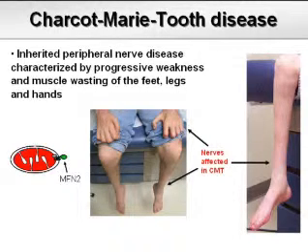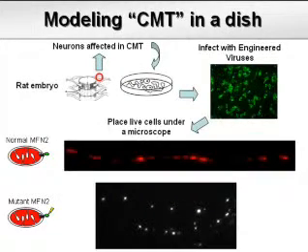And so we went about trying to model this disease, like I'd said, in a dish. And what we do is we take out rat neurons and we put them in a dish, and then we generate viruses that actually allow these neurons to express your disease protein together with a marker, and that's red here for these mitochondria. And we actually look at them under a microscope,